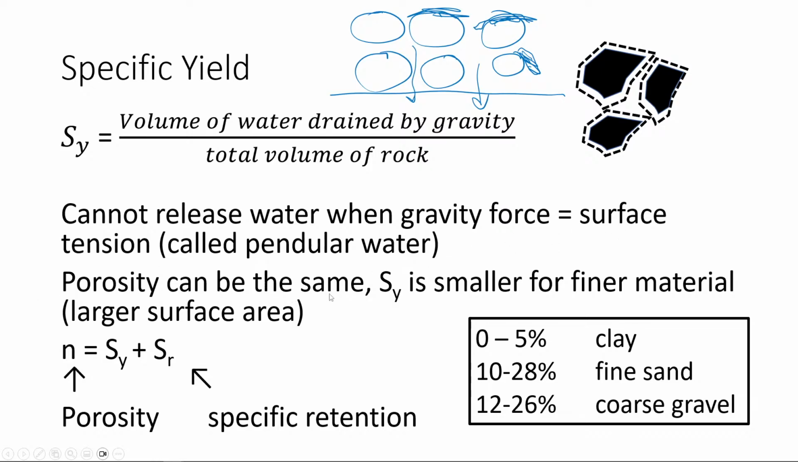Porosity can be the same, but with a smaller, finer material you have a larger surface area. If you have the same porosity, the specific yield is smaller for finer material because you have larger surface area. Like gravel, you can have something here, so that's like a gravel. But sand, if this is sand, for example, you have something here, something here, something here, because you have larger surface area, so the specific yield